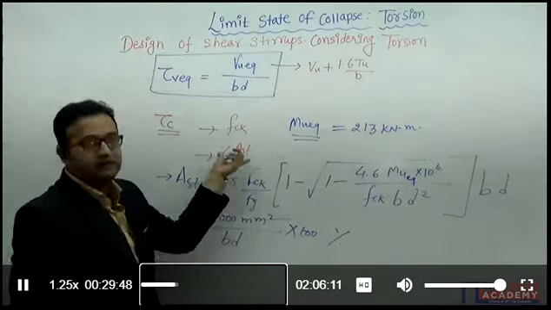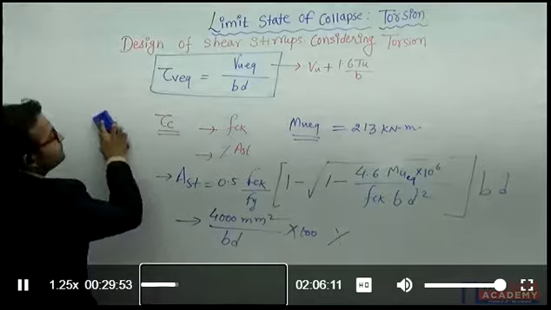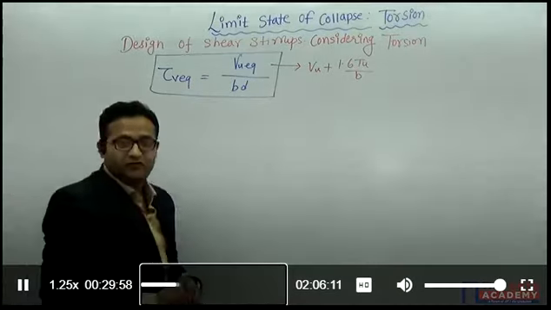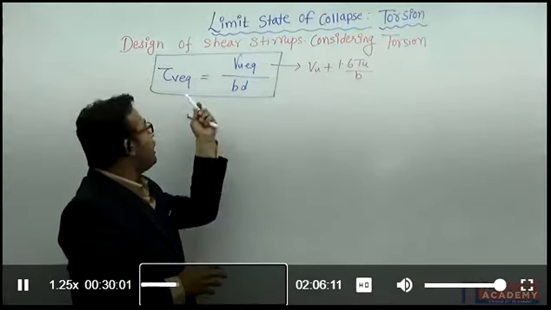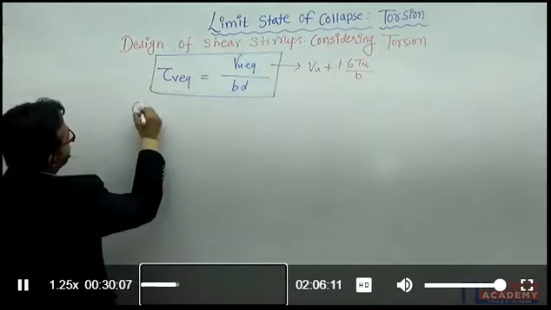So in this way I can calculate your tau c. Now we will see, this is the way how I calculate tau v equivalent. So here, case number first. I know how to calculate tau c now. I know how to calculate tau v equivalent now. Let's discuss the case first.